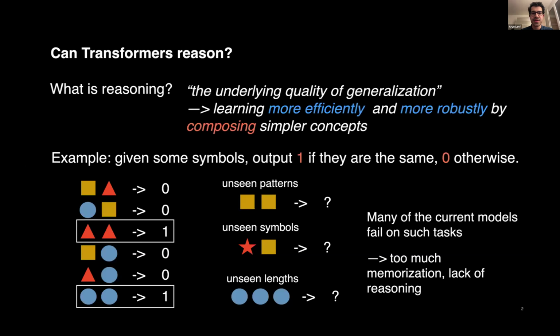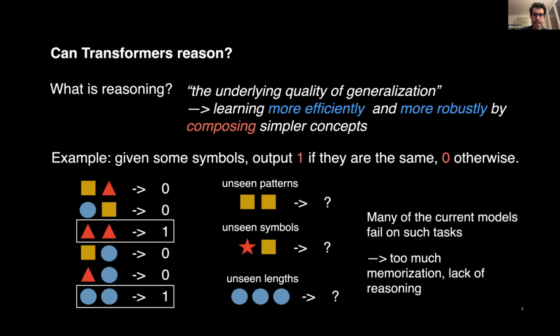So first of all, what is reasoning? I think it's not a super well-defined concept, but it's similar to generalization in machine learning in general, but we have some criteria for it. We want it to be rather efficient, and we want it to have some compositional nature to it. For example, it's different from the nearest neighbor type of generalization, where we have seen so many examples and our input space is so low dimensional that we can simply check the nearest neighbor and give some answer based on that.